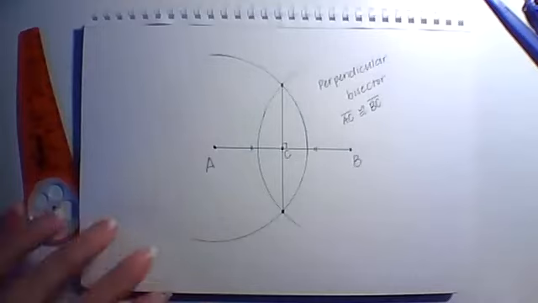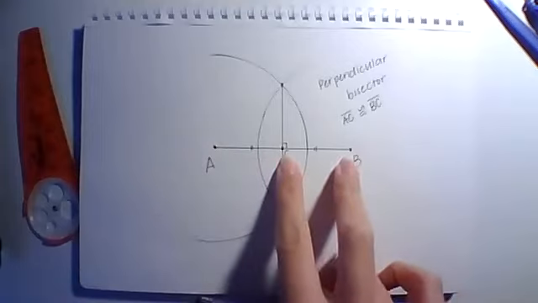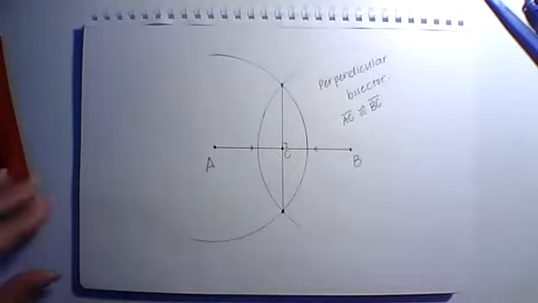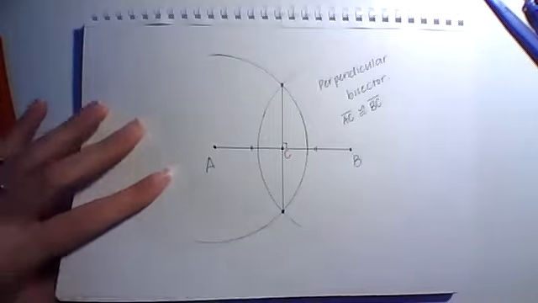Okay, so remembering that little fact there, that this length is going to be the same as this length here. Okay, we're going to look at another type of way to do a perpendicular bisector